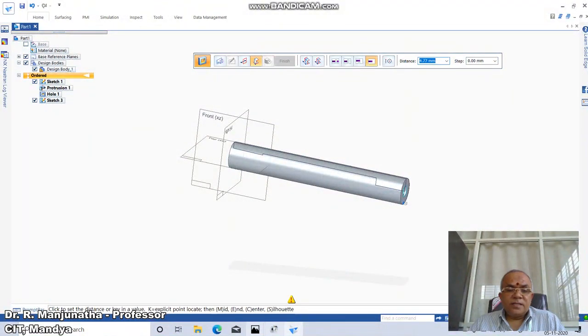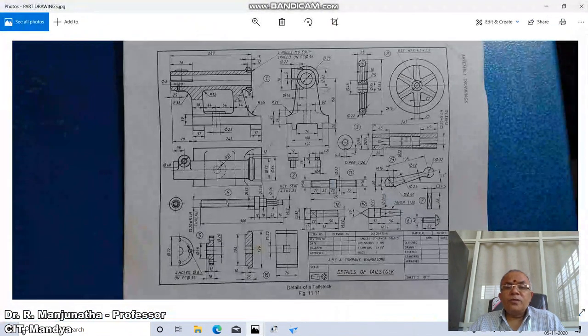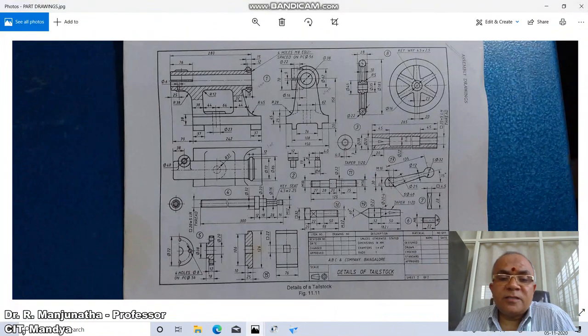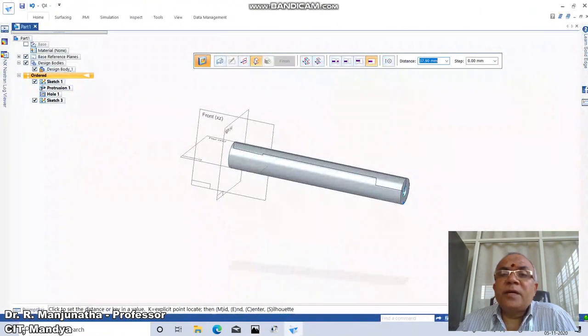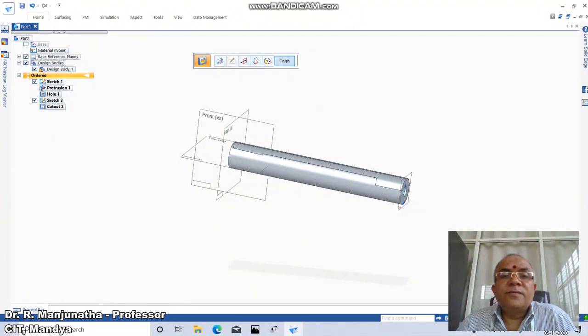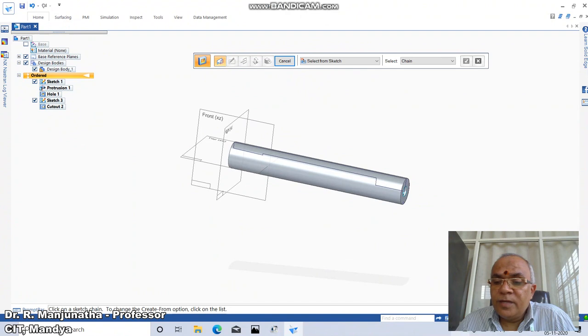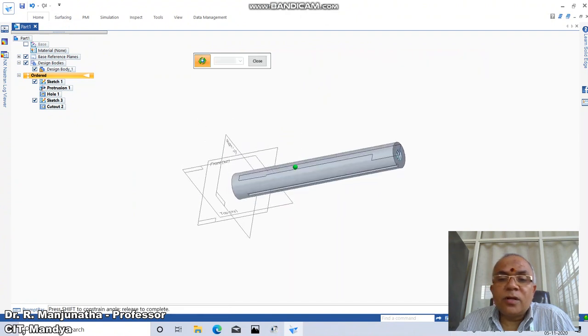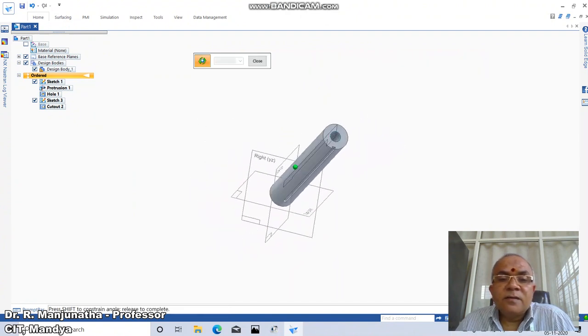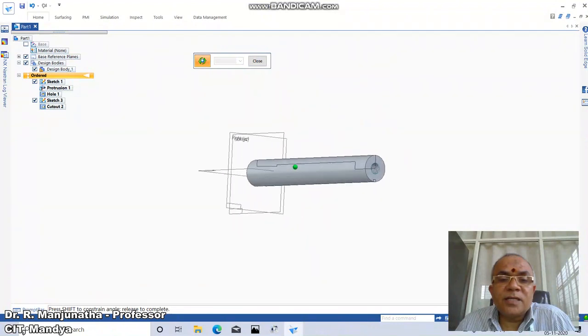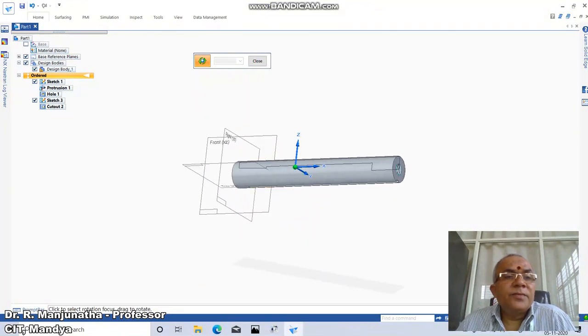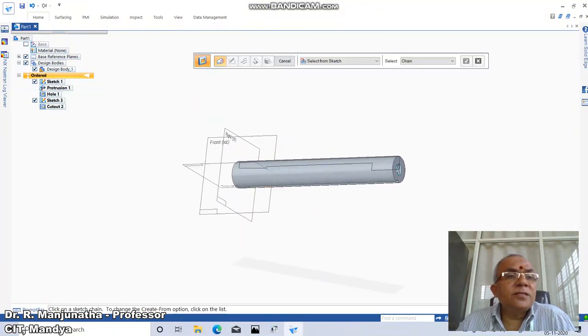Then here the depth you need to give is 265 minus 20. 265 minus 20 is the distance, which will be 245. Click on this, select the side of the feature. You just click on this and say finish. So this is how you will be able to create this model. You can see there is an undercut which is going to pass through till 20 mm from here. So this is how you will be able to create this.